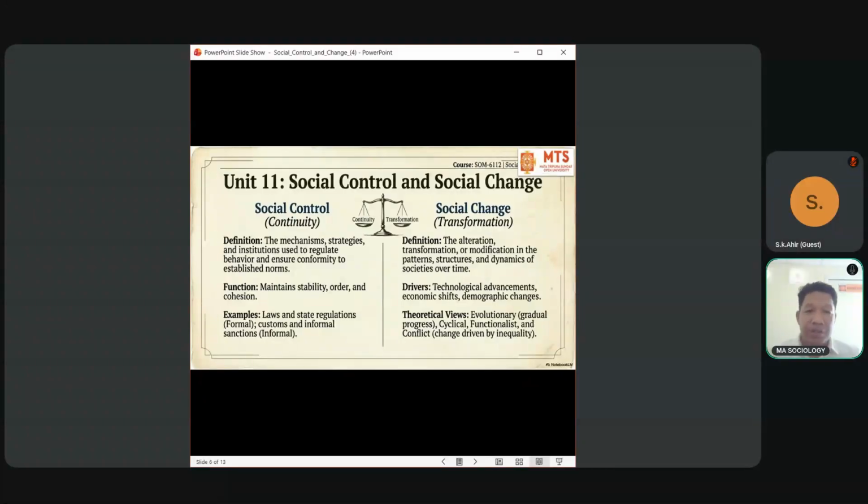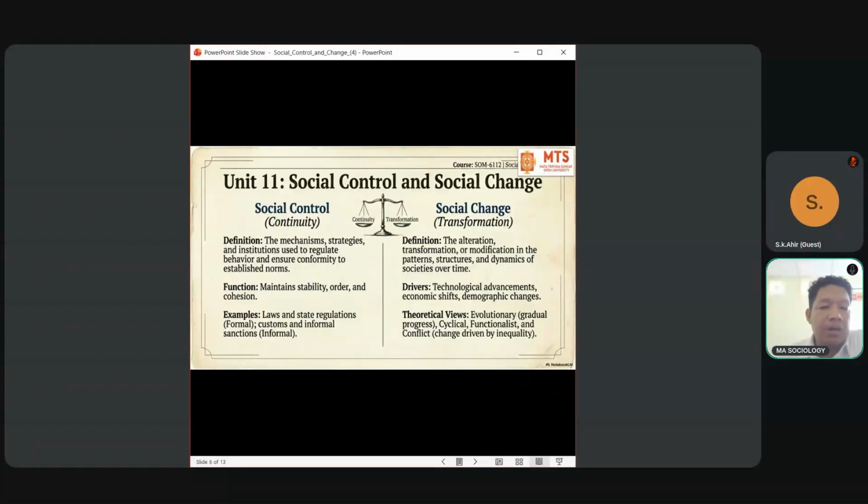Okay, so laws and state regulations, like the laws the government has imposed, that there are certain laws, right? There are customary laws also, but we don't have many customary laws. We have more orders from the government, that we have laws and regulations which are more formal. Okay, so all these laws, like domestic violence laws or child act laws, these are all laws. Why were these laws made? Because to keep the individual and the society, and maintain stability, order and cohesion. Okay, understood, Mr. Ahir?